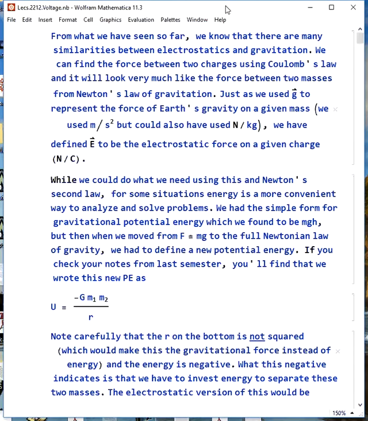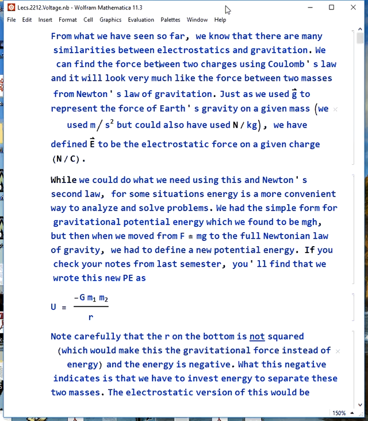From what we've seen so far, we know there are a lot of similarities between electrostatics and gravitation. We can find the force between two charges using Coulomb's law, and it looks a lot like the force between two masses from Newton's law of gravity. We use little g to represent the force of Earth's gravity on a given mass, and we can define E